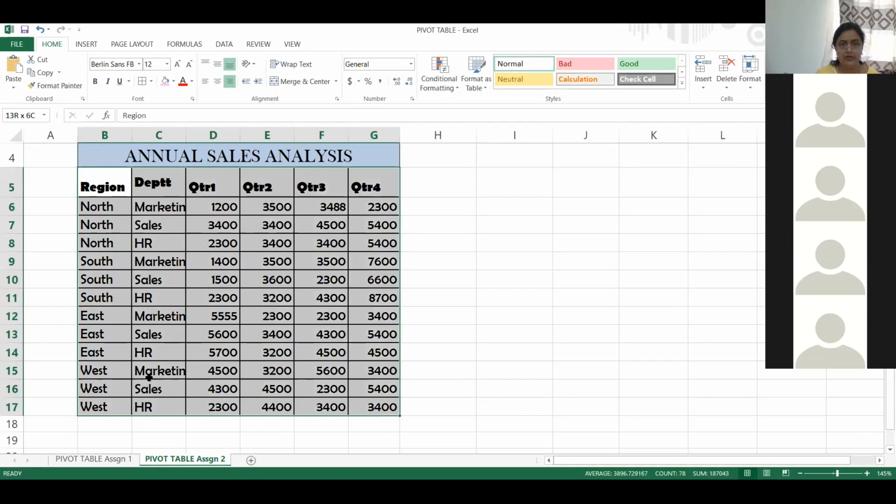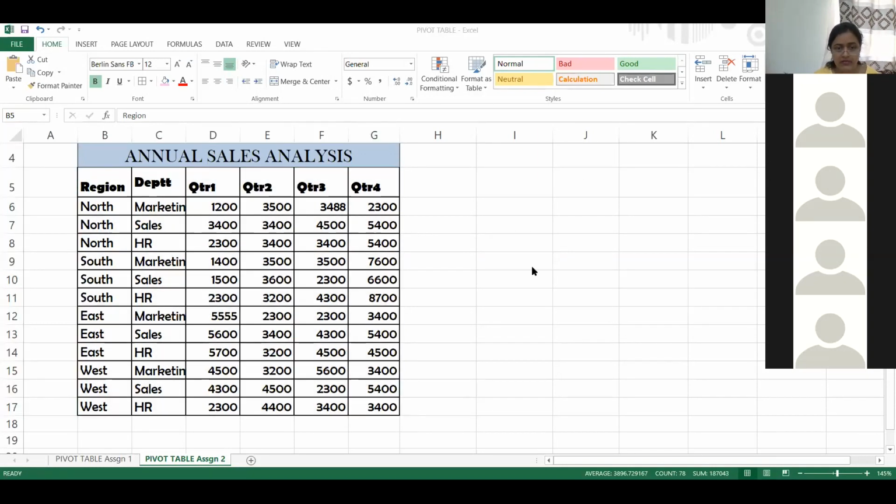I'm adding one pivot table. How to add a pivot table? Jitendra. Hello. Yes, please. How to add the pivot table? Can you tell me?